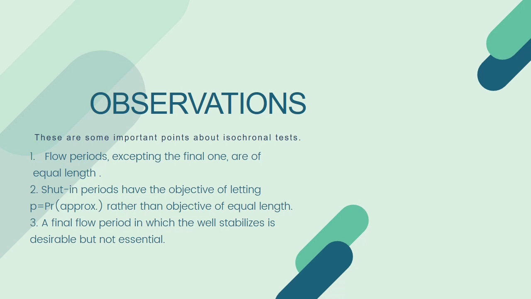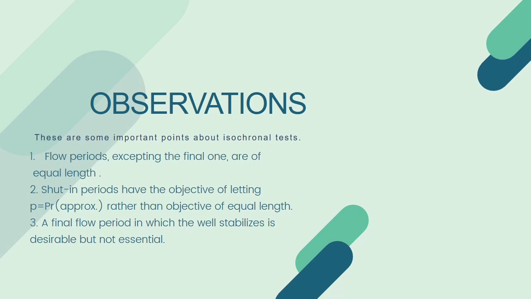Some of the observations which are evident from the graph are as below. The flow periods except the final one, that is the stabilized one, are of equal length. Certain periods have the objective of letting P equal PR, as we already discussed. During the shut-in period, our main objective is to bring back the pressure value to PR, the baseline PR we saw in the graph, rather than having equal length of time. The final flow period in which the well stabilizes is desirable, but it's not always necessary and it's not essential